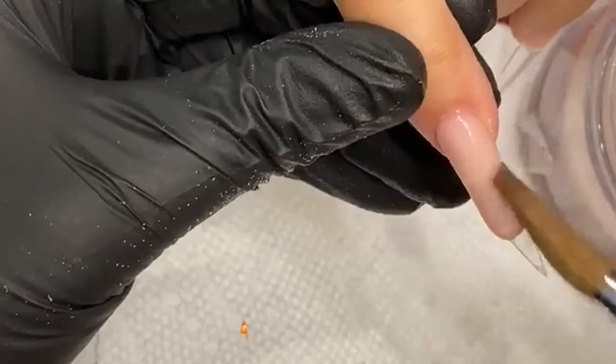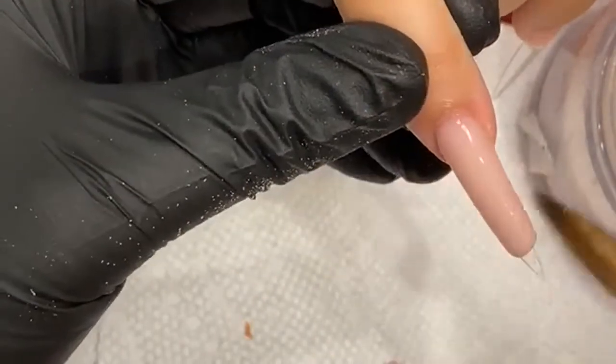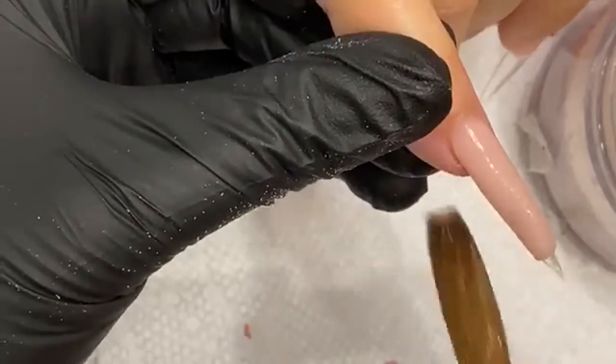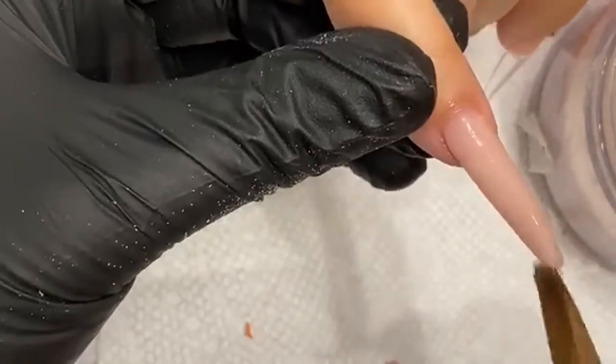So we're definitely out of the size 10 brushes. You guys are buying those up. Crazy. I restocked on those. I just restocked on them too. Oh my goodness. I guess since my platform is for beginners,